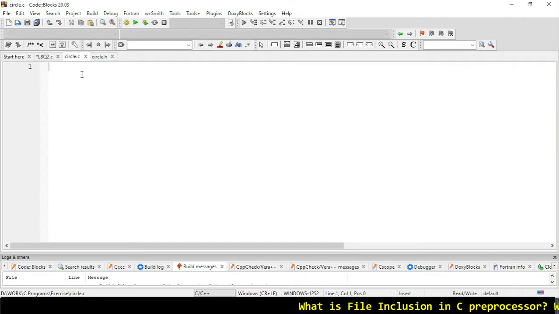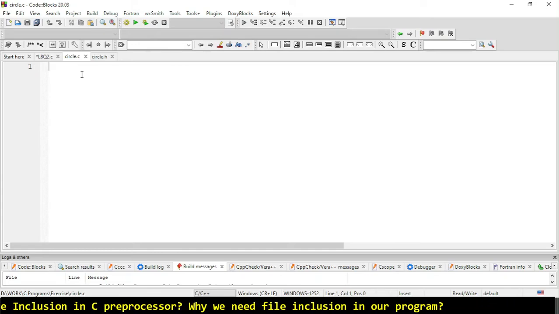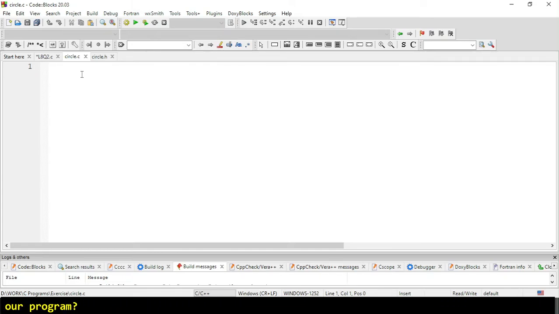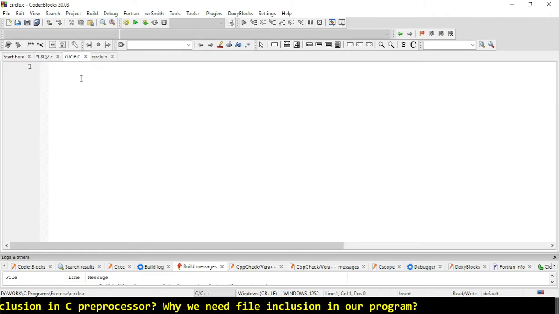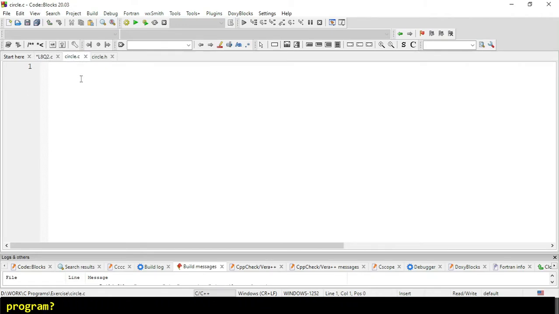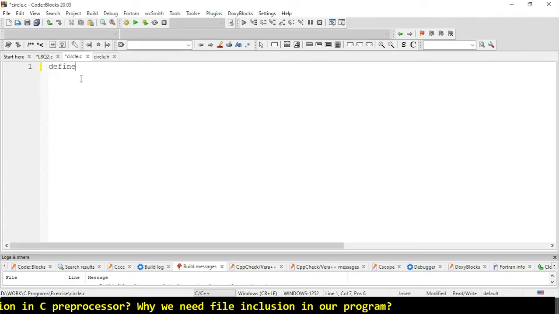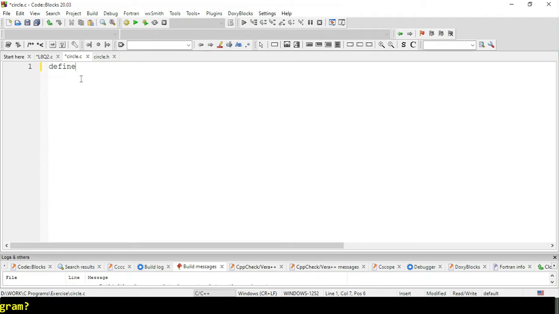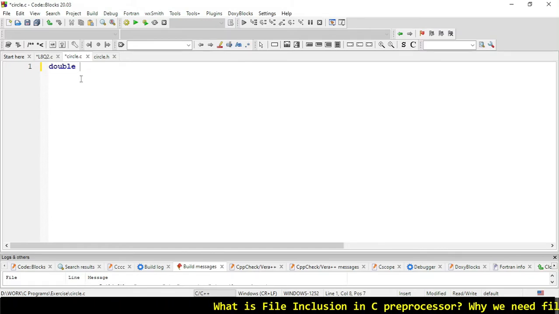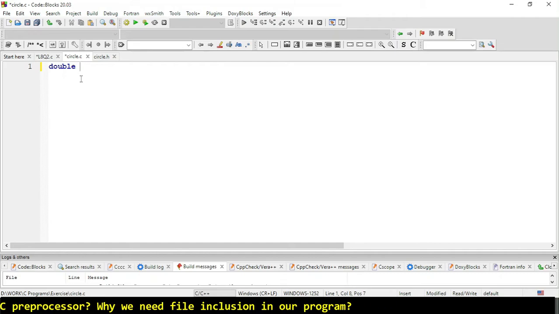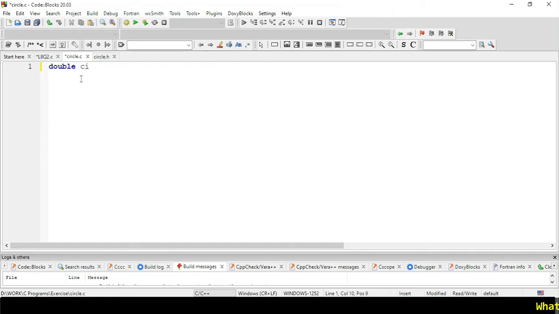Let's move to the circle.c, and here we will declare our function. So I declare the function double circle area. The name of our function is circle area.